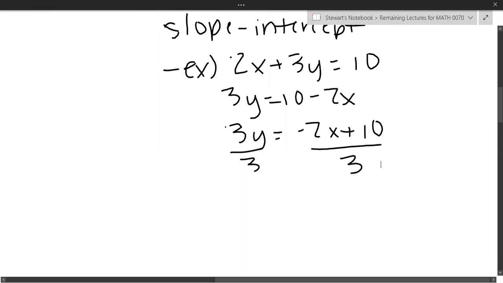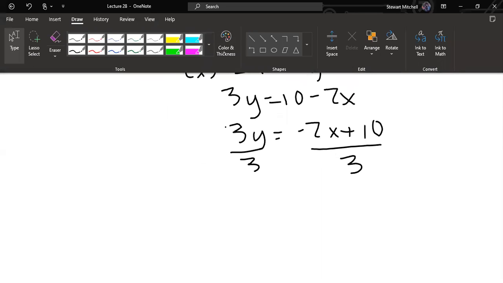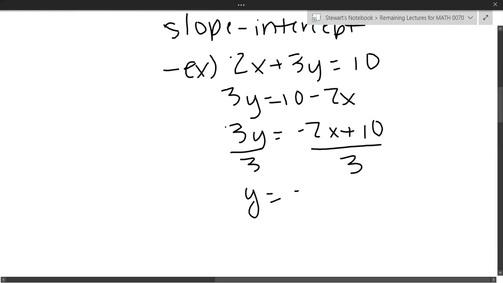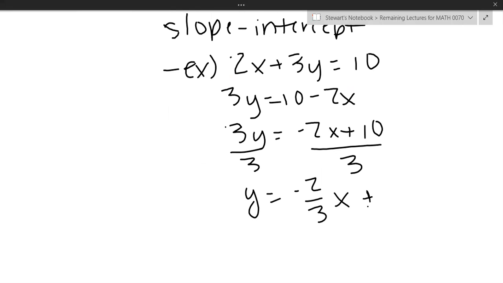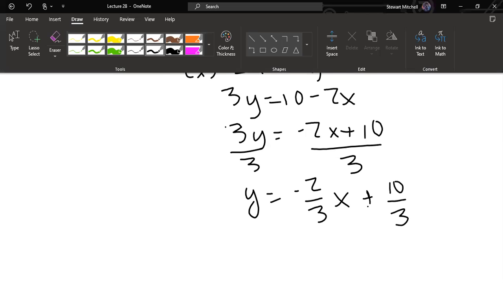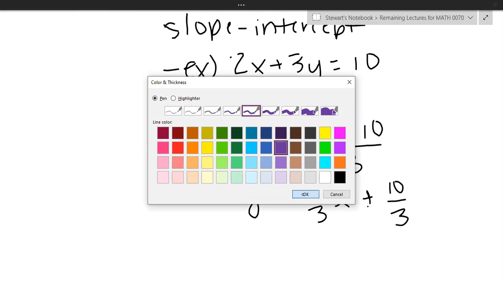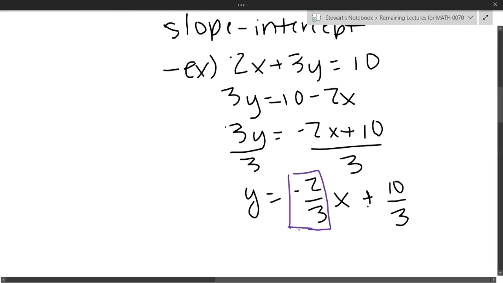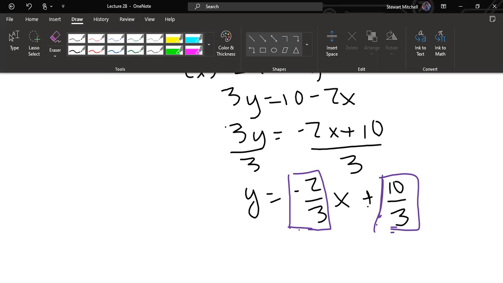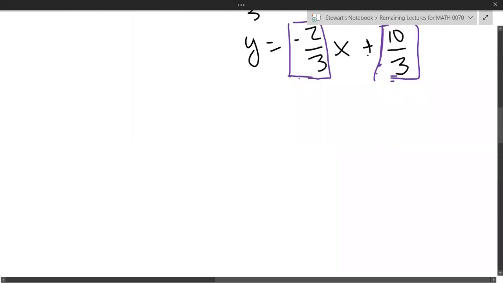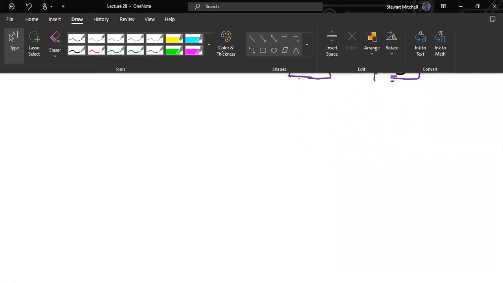So now we have y is equal to negative 2 over 3x plus 10 thirds. So now we have slope and y-intercept, mx plus b. We're in this form now. This is slope-intercept form. A last useful form, which is very closely related to slope-intercept form, which you can use,